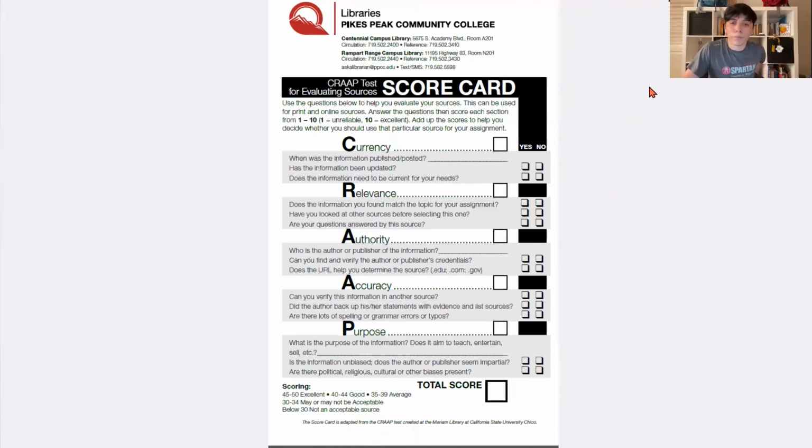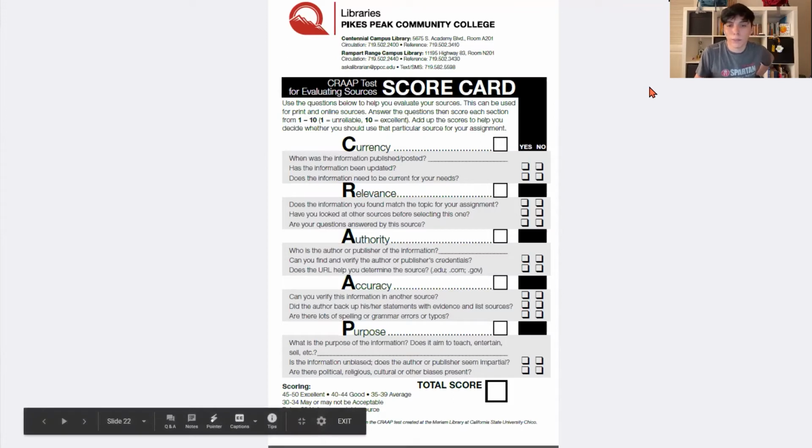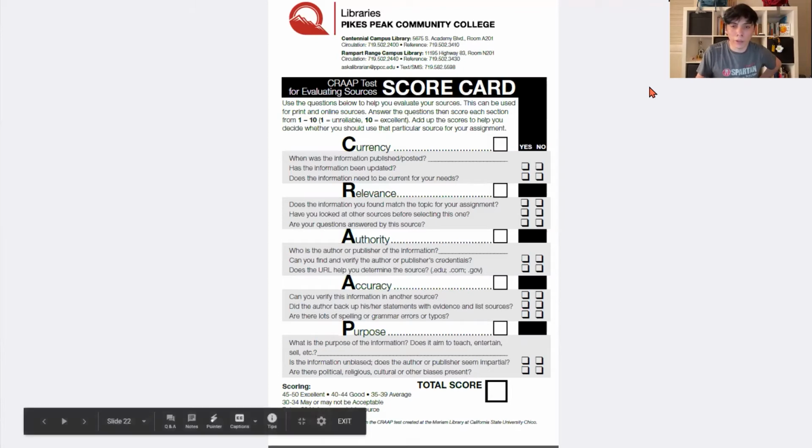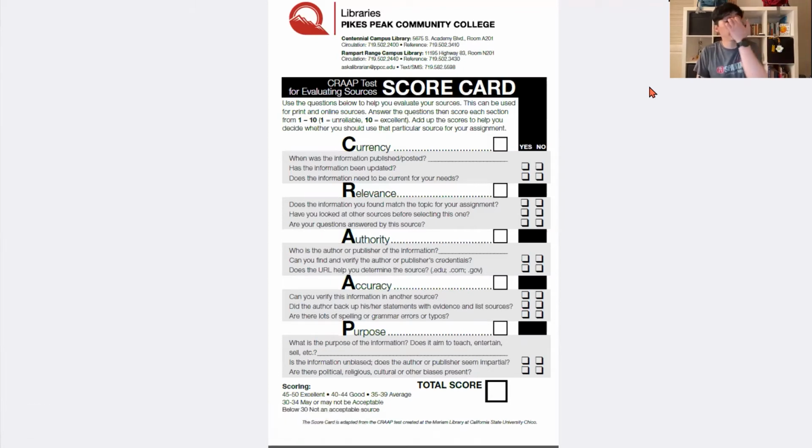Okay, so this is the extended version of the CRAP test. When I was in middle school, I didn't use this scorecard particularly because my teacher made their own, but this one is from Pikes Peak Community College. And what you can do here, it's asking if the currency matters for the thing that you're talking about.